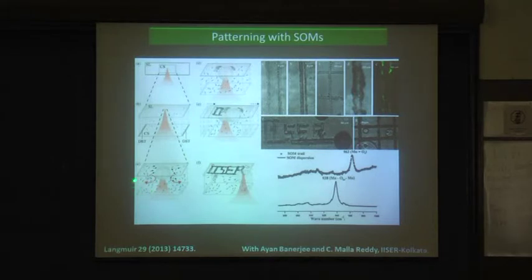So, you have more SOM particles that come from the bulk to the base of the bubble, and we see here, if we do Raman spectroscopy, a clear phase transition. So, here you have it for the tubes, but here you have it for the crystals. Now, if we move the sample chamber, or in other words, if we move the laser, then instead of generating another bubble, this bubble moves, and the